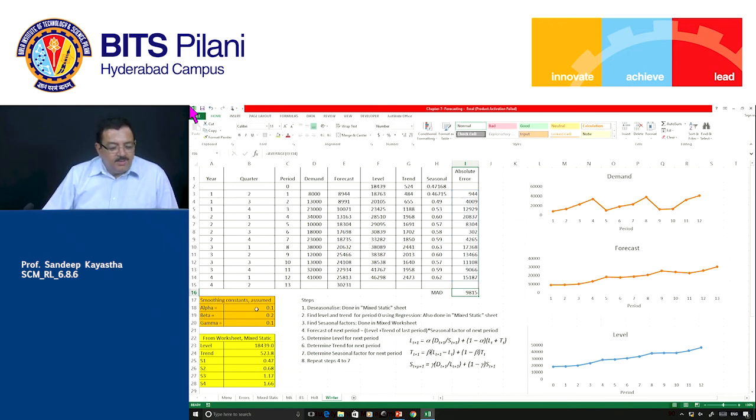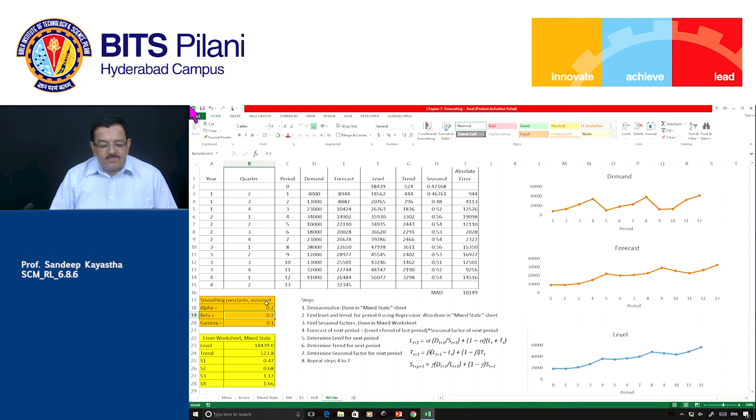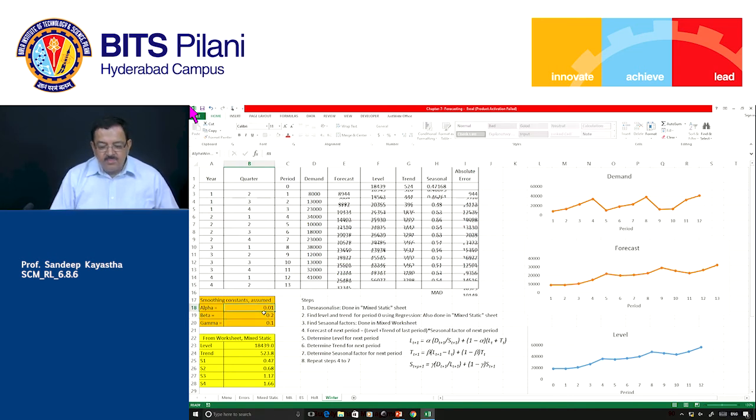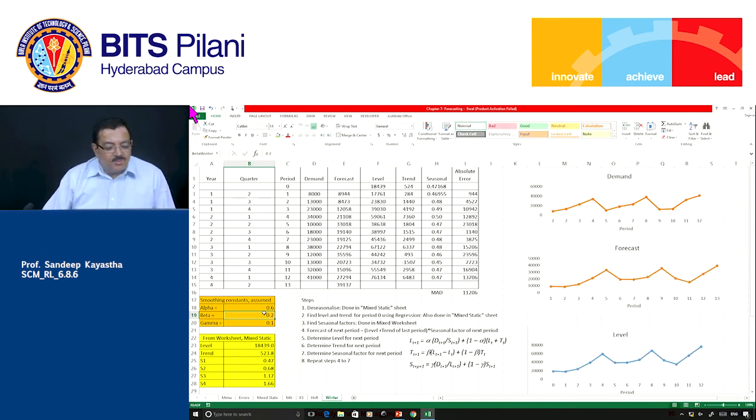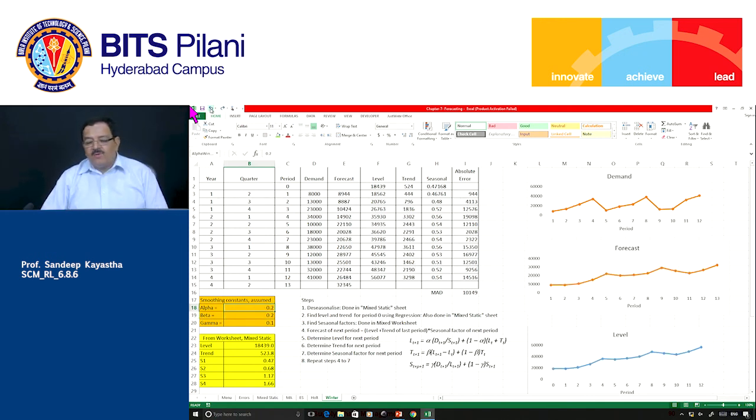By changing the values 0.1, 0.2, 0.1, we got 9815. Suppose I make it 0.2, it is 9815. So not this. No, that previous one was better. So you can try this, and then you can also ask the computer to optimize using the solver. So with this I will complete